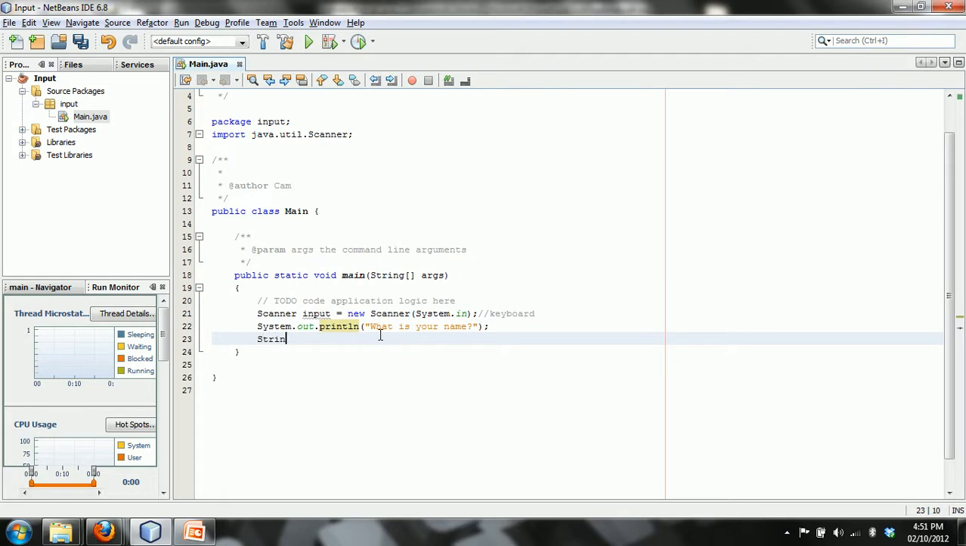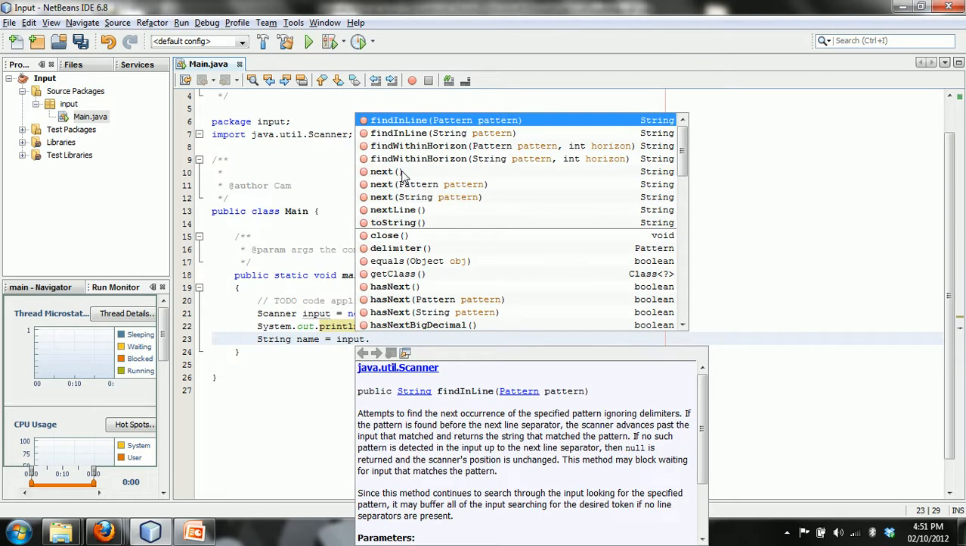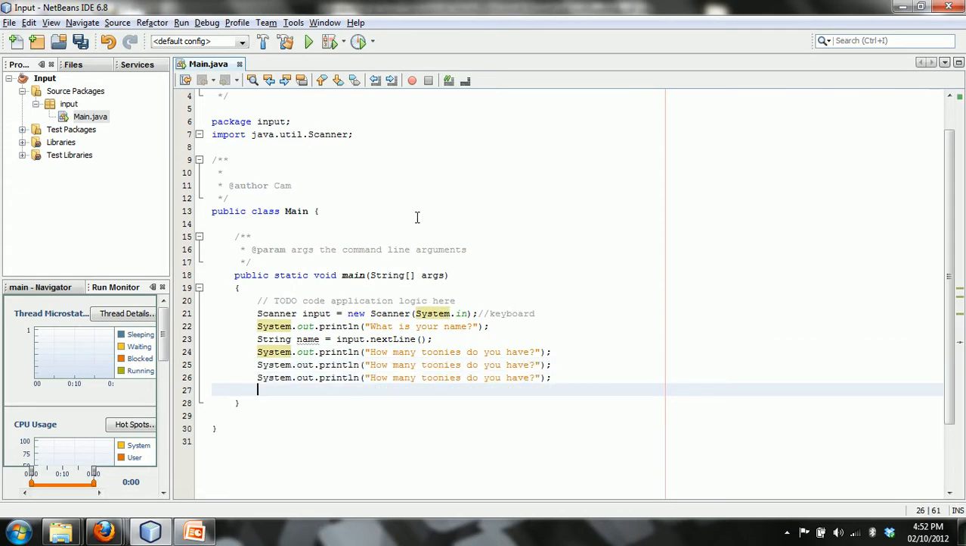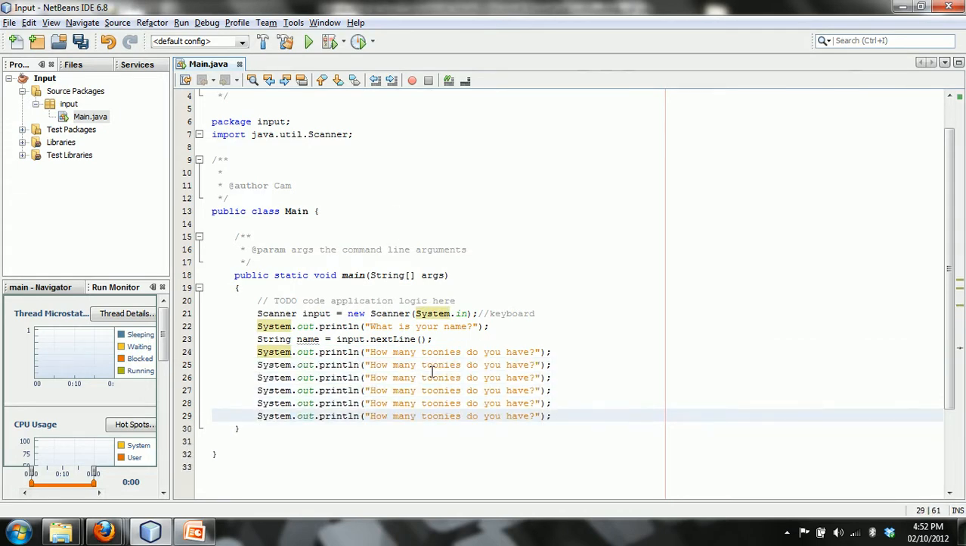Go with this. The name is going to be a string, so I go input dot next line, and I'm now going to say, how many toonies do you have? And I'm going to repeat this for a lot of different things. I'm going to copy and paste a few times just to help speed it up. How many loonies do you have? Then after loonies we'd have quarters